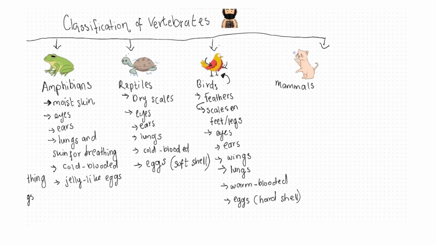So mammals, they don't have feathers, but they do have fur or hair. So for example, cats, they have fur. But humans, for example, have hair. So some have more hair, some have less hair. But at the end of the day, all mammals either have fur or hair. They have eyes, they have ears,